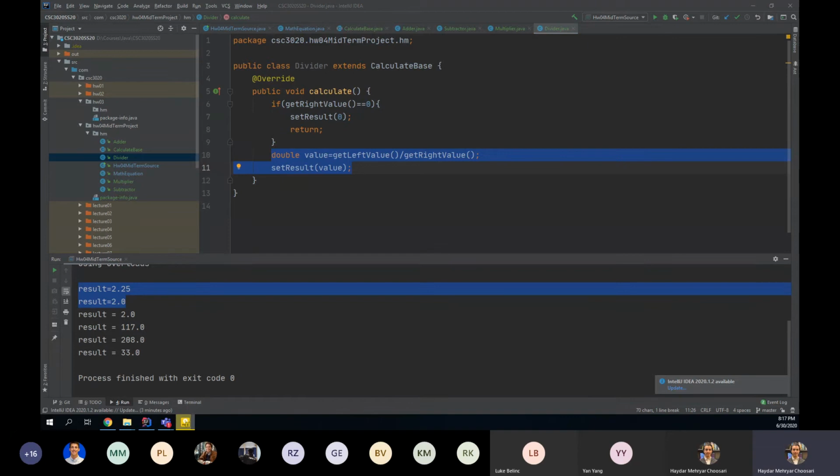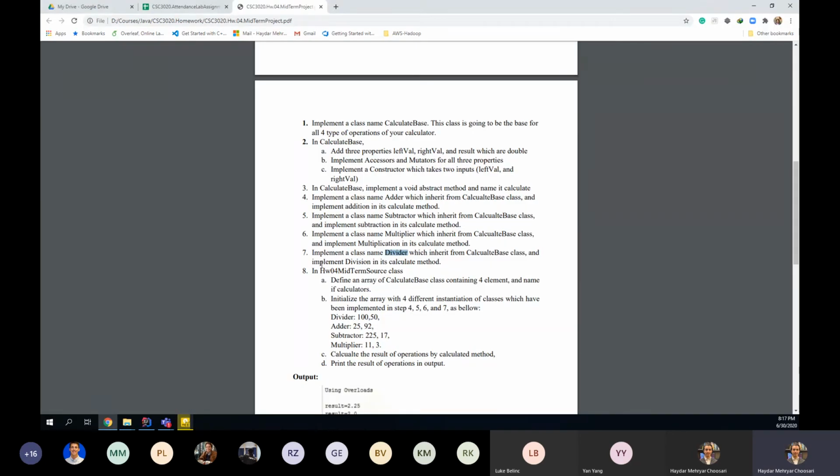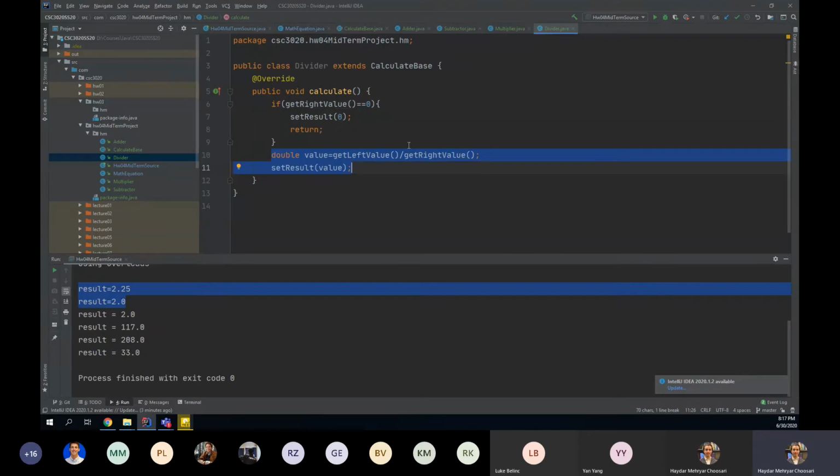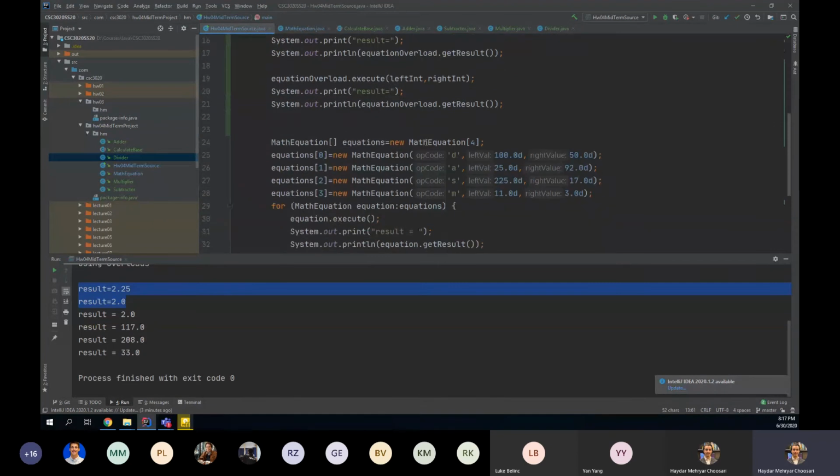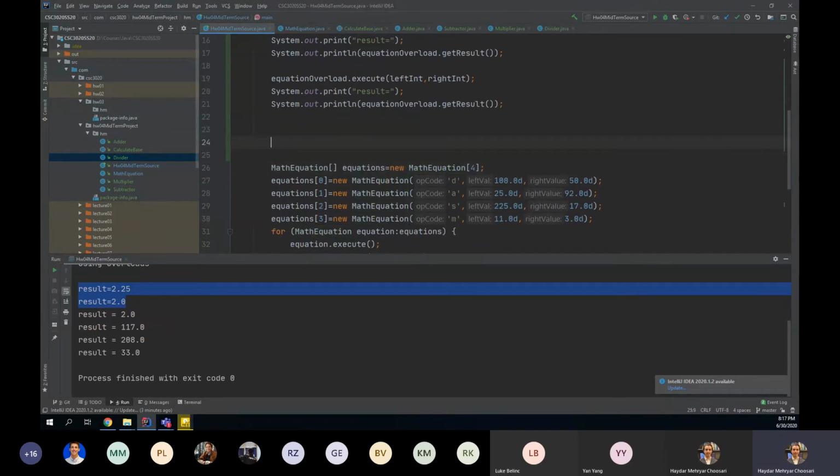Now, what you asked here is that in homework 4 midterm source class, define an array of calculate base class containing 4 elements and name it calculators. Good. So let's go for this one. So I will go to this part, and I have this math equation class. I want to use this math equation class actually. No, let's do this like this. So what you ask is like make a calculator based array and name it as calculators,